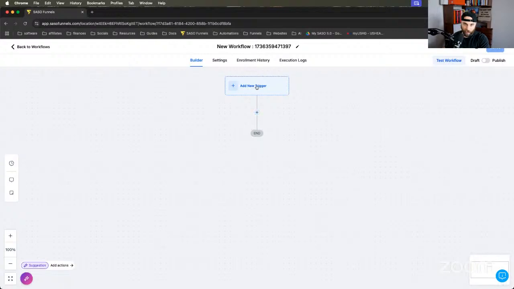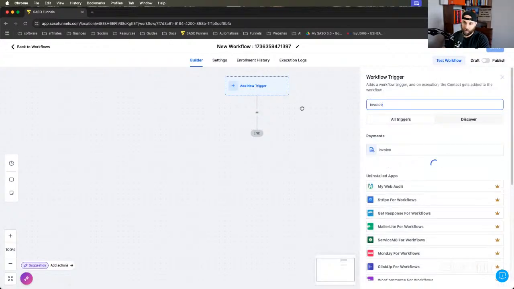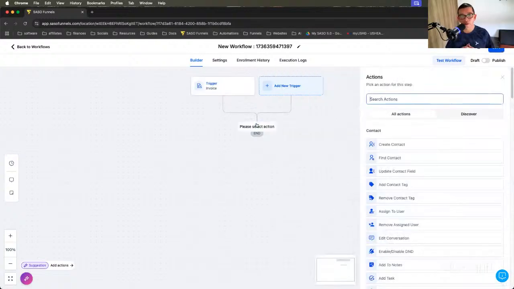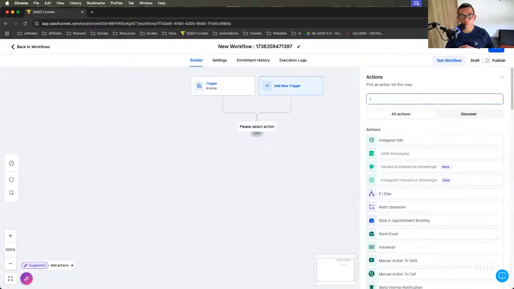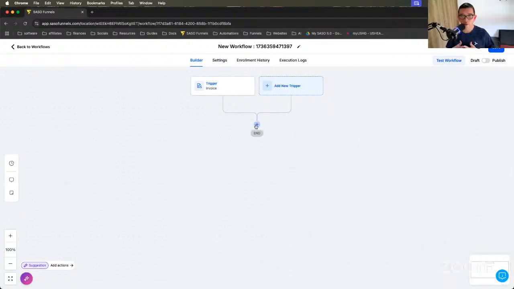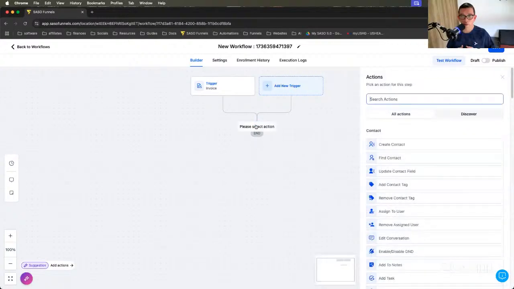Then what you're going to do, even if you're doing invoice paid, you can have templates or you can have invoice status and let's do partially paid, right? Or even they just paid in general, or they update this amount manually. That doesn't matter. If you send any invoice, I didn't choose a template. If they send any invoice, it'll follow this. Okay. And then what you would do is, let's say,